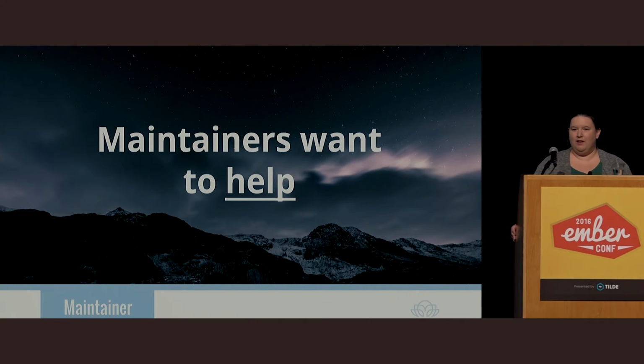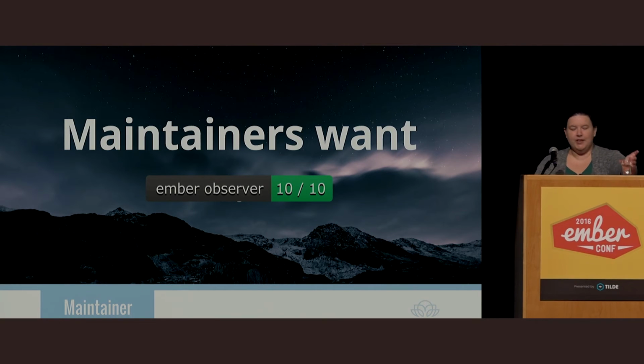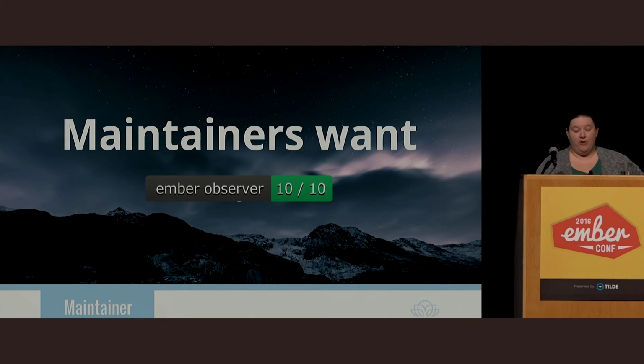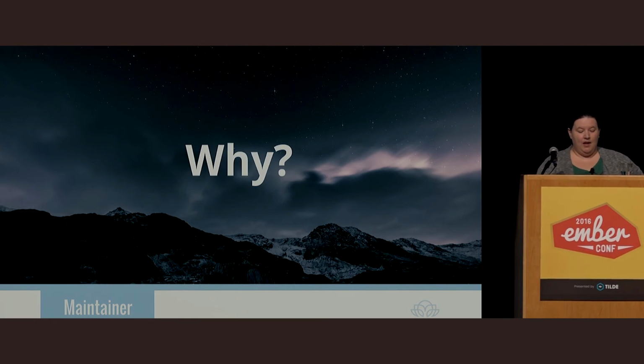You shouldn't just impose requirements on those maintainers. Maintainers want 10 out of 10. And this really surprised me when I started Ember Observer. I didn't think the score would be that enticing to maintainers, but it has really worked out as a way to, say, get people to add CI builds, get people to add more tests to their add-ons. So as a maintainer,